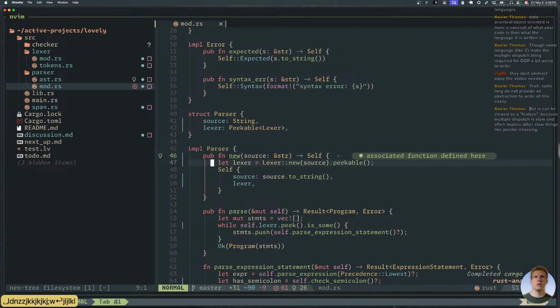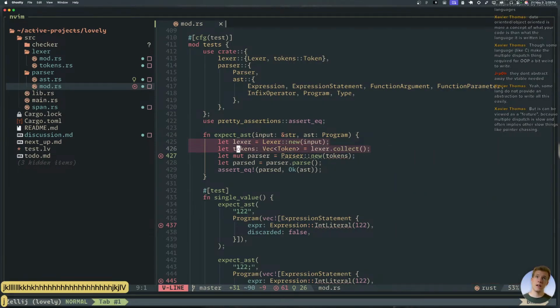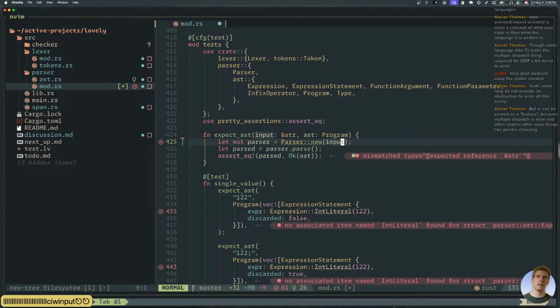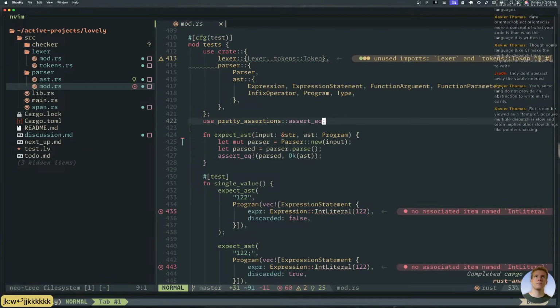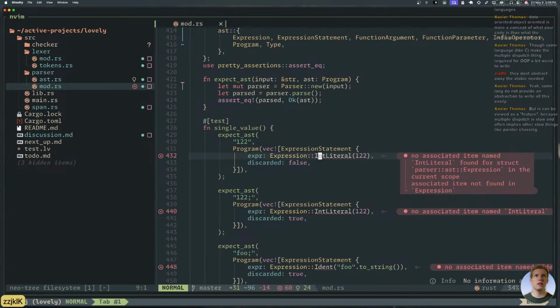All right. So this whole new thing. Wait, that's fine. Parser new. Okay, so this expect AST turns out it's different. We don't actually need any of that anymore. We say parser new. We just pass it the input. Ta-da! Much simpler. And then we're down to 60. Okay, and literal. Like what's the difference? Oh no. You tell me you have to make a span for every single one of these? Brutal. Just brutal treatment. All right, but it will make the tests better.